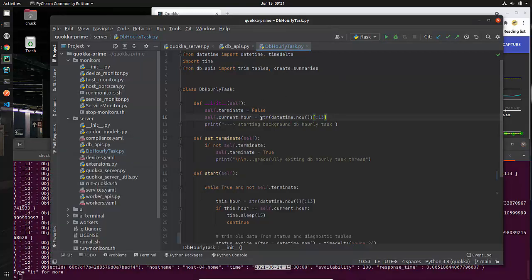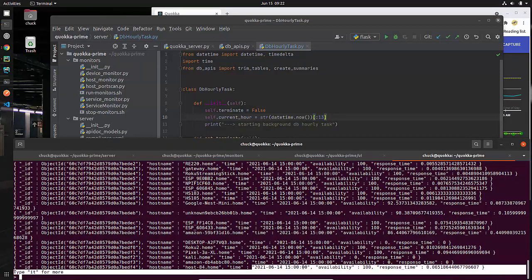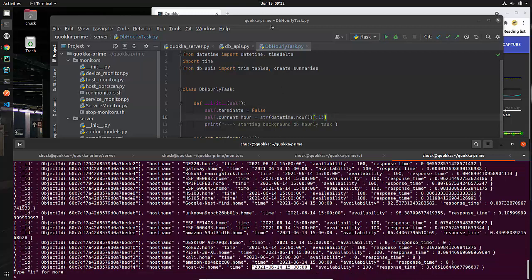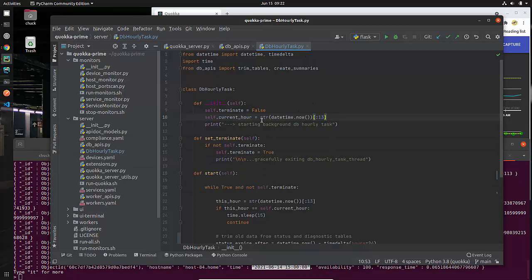Those of you that are advanced, you may be saying, well, why aren't you using datetime to store that? Because databases have special datetime data types, and they can store it and you can do special things with it. All of that is 100% correct. In a real large project, as I've done in every situation in my past, I would be using that. But for simplicity and for teaching purposes, I'm just going to be using the string version of the time, and I will continue to do that. I may have a lesson on using times later on, but that's basically what I'm doing. I'm getting the current hour, okay? Are you with me there?